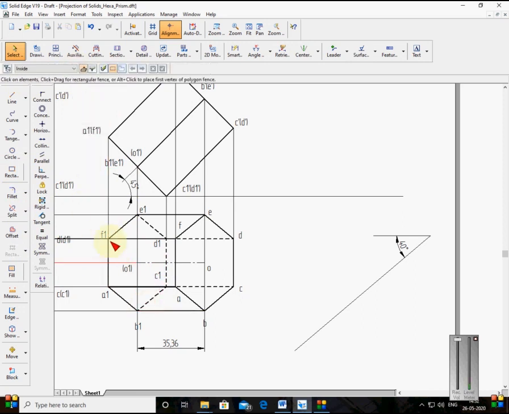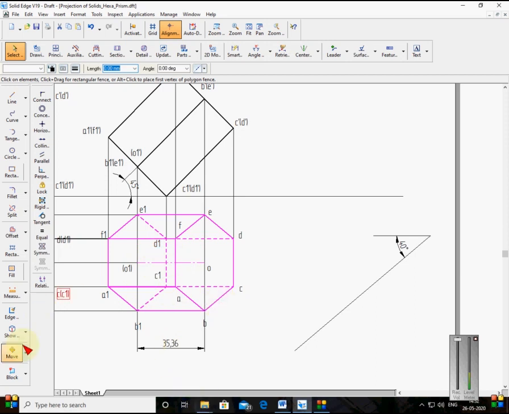Okay, so now I'll choose 1, 2, 3. I hope now all the lines are correct. So just listen, see carefully what I am doing here. I am selecting all these lines. Okay, these lines are correct, and this line I select. And the axis also I select, and this line I select. I think all lines are over now.